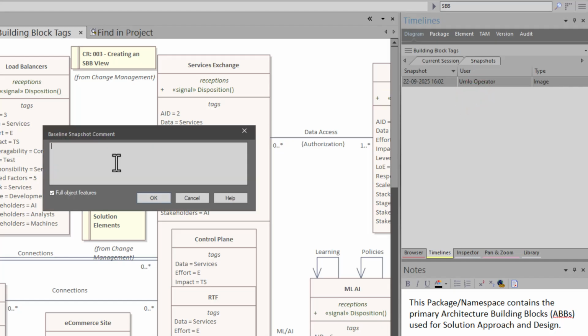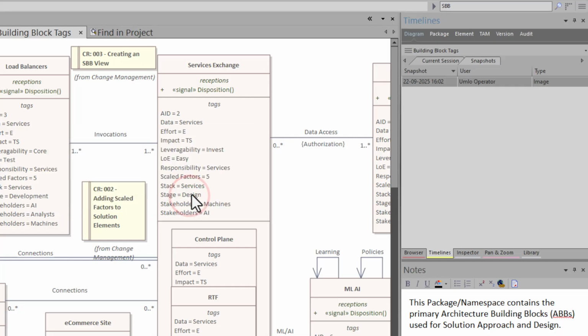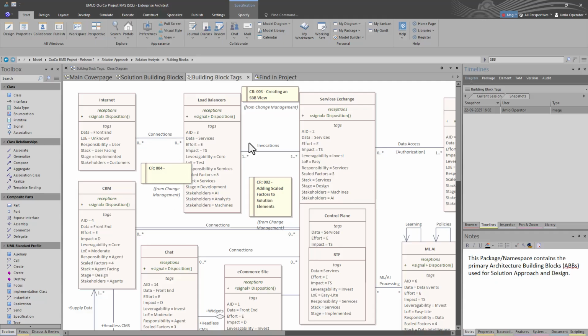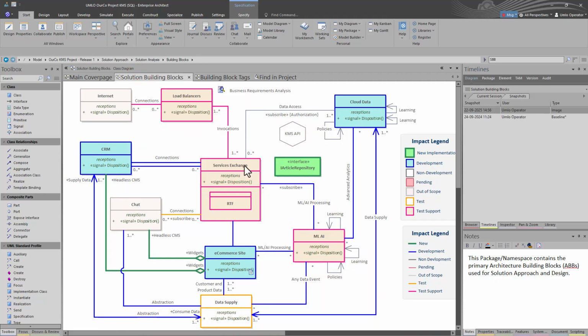And a baseline snapshot, again, Sparx 17. If you're in an earlier version, you don't have timelines yet. So upgrade and get timelines, very powerful. But anyways, you can save baselines of a snapshot. Very important when you're doing review meetings and the teams have all agreed on a particular model or models and go, okay, I'm in a baseline. It's been approved. I'm going to create a snapshot picture of this in the timeline